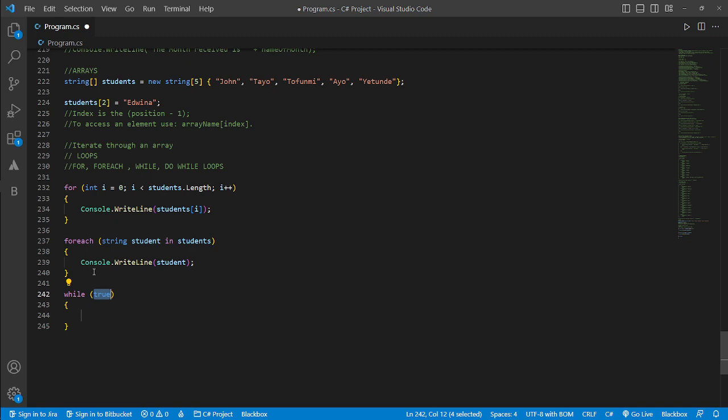So a while loop is similar, in the sense that you have to create something like a checker, something that would be checking if your condition is true. A while loop is just a condition: you check if that condition is true, and then